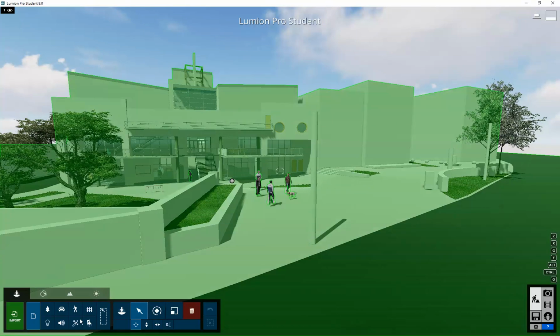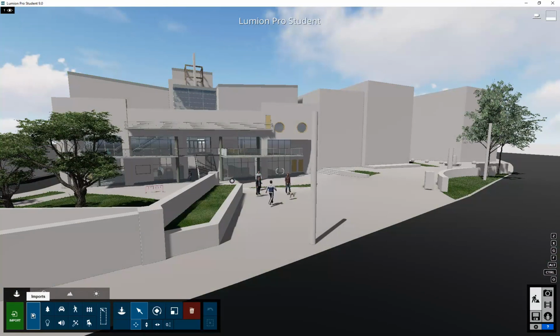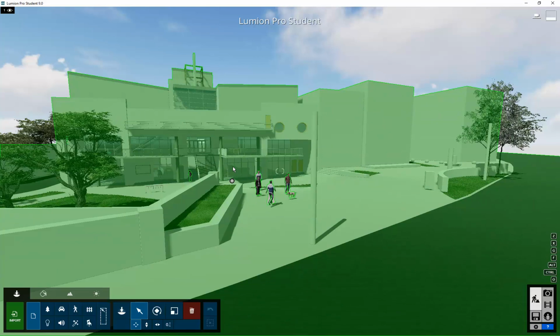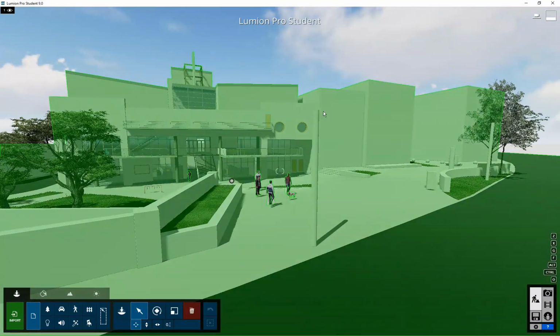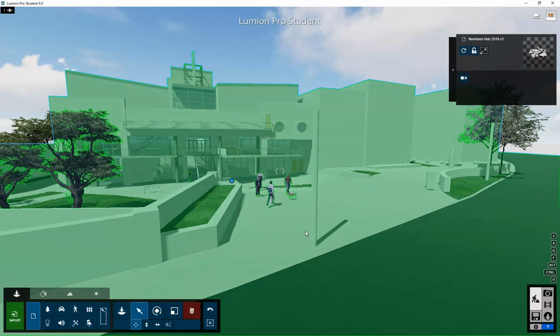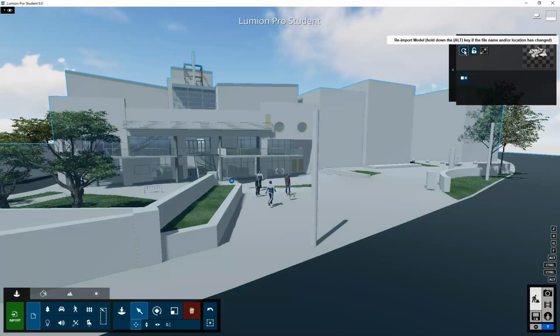So if you don't see those things, make sure you're on import over here. Import's not the green one, that's to bring in a new file, just the blue one. So you're on import, and then you've got to be on select object over here. Those two things, and then you can sometimes have to zoom out to find the import node. When I hover over my big model, it's this sphere, the little dot that pops up. When you click on it, it'll go blue to tell you that it's active. Then you get the panel. That is what you're looking for. This button then